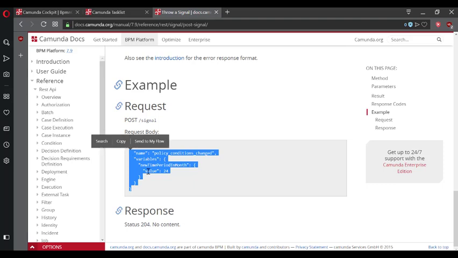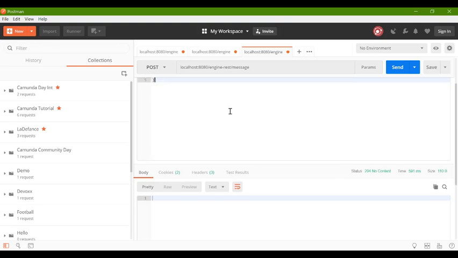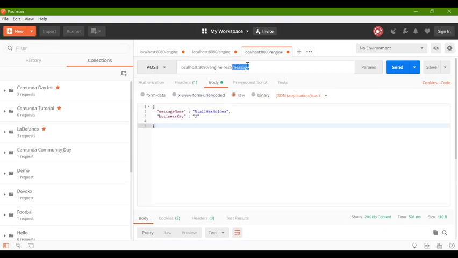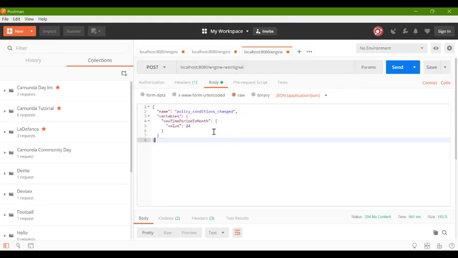An important thing is that we don't have the same sort of correlation requirements. So for instance, if I put in signal, and then put some stuff here, I don't actually need to care if one or more would get this, because a signal is kind of unique. If a message doesn't find a recipient, it will throw an error saying, sorry, that was unsuccessful. But I can send in this signal, and even though there's no one waiting for it, this can be a success with 0 to n recipients.